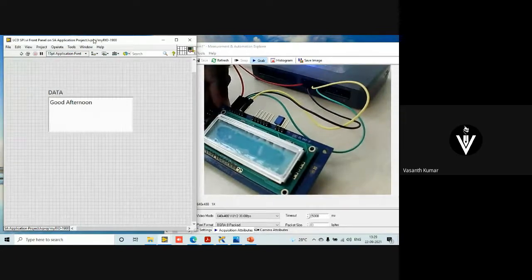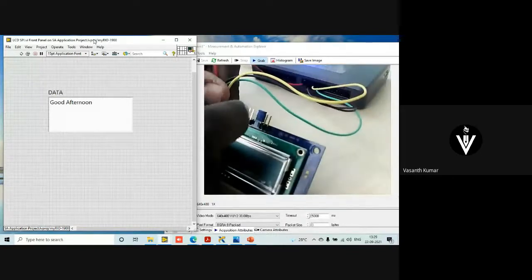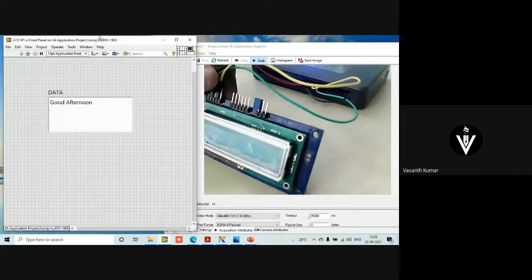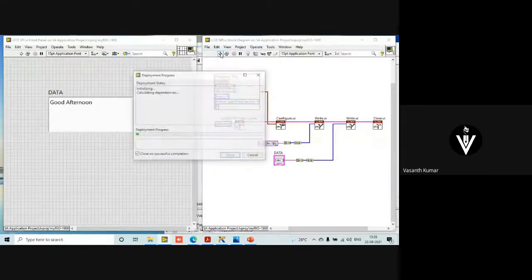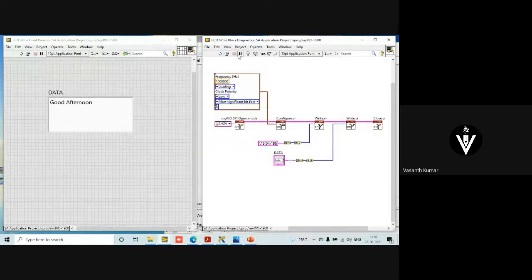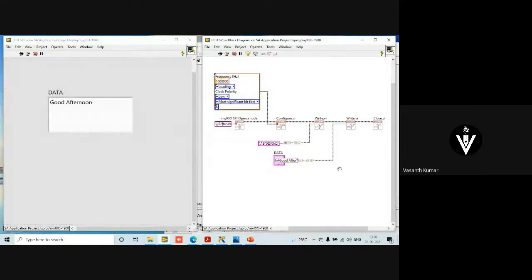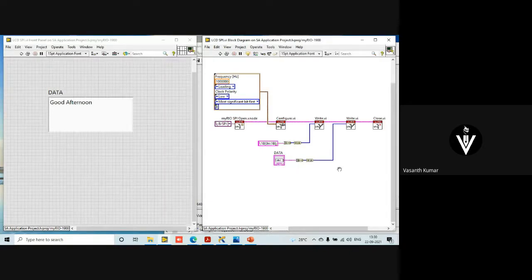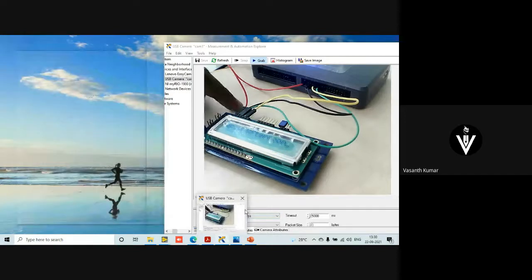There is some issue. It's configured. Wires may be loose. Let's check if there is any error. Yeah, you can see.